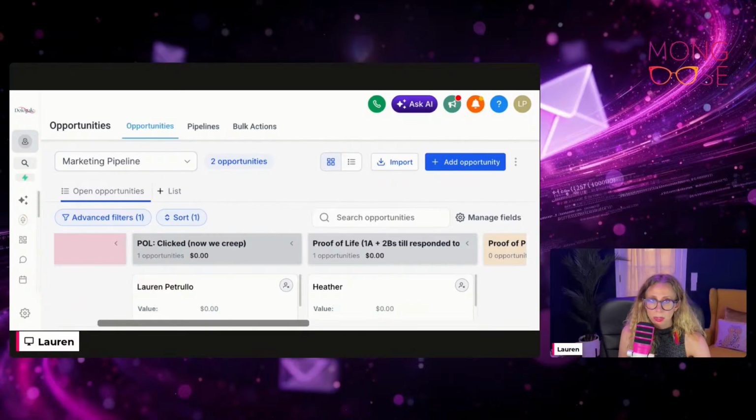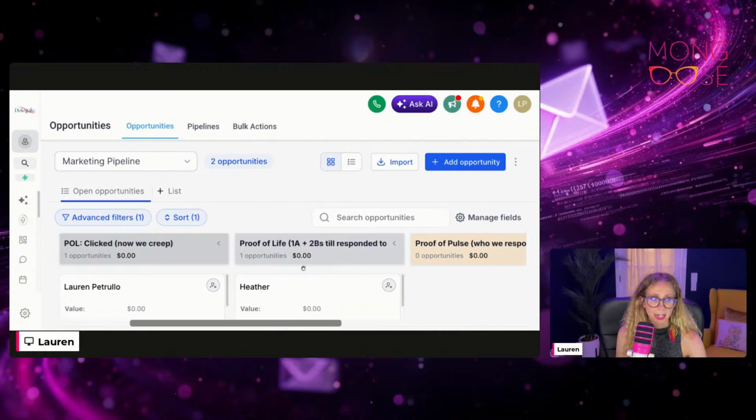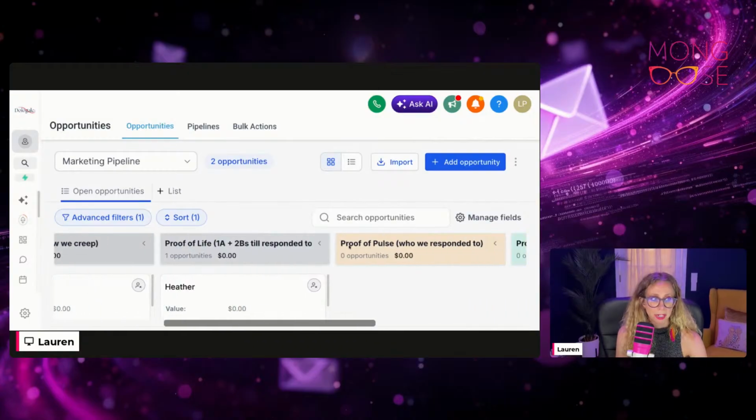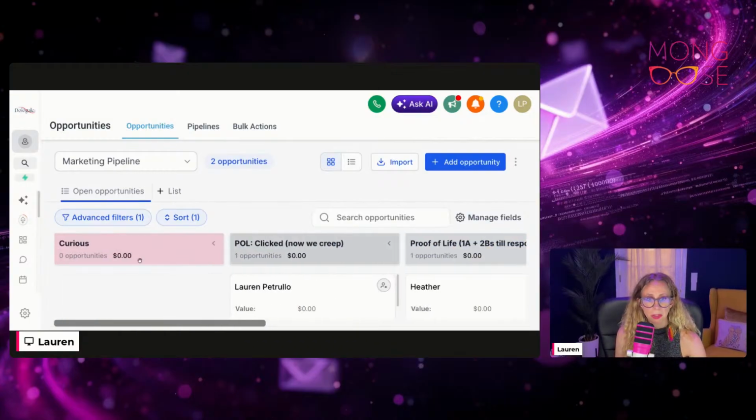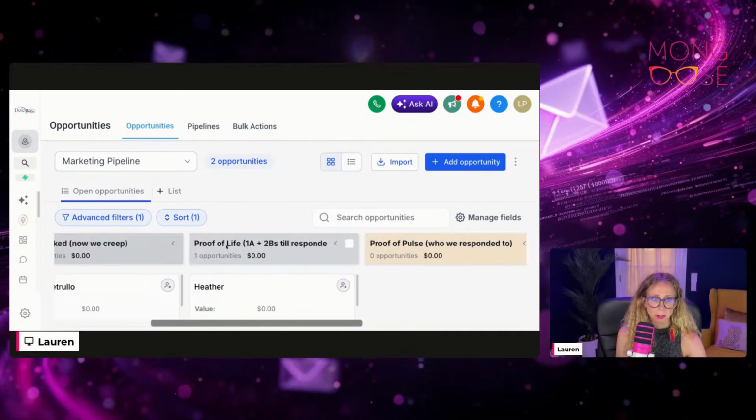Because if we're creeping, we're giving them a score. Hey, this feels like a really good thing. If we can't provide them value within 90 days, we just have to focus on someone else. We have enough in our systems that we can choose who we're going to focus on. And if they show proof of life, then great. They're going to stay inside of this entire marketing pipeline for a year. So we have 30 days, 90 days, and then 365 days where they're going to be in here.